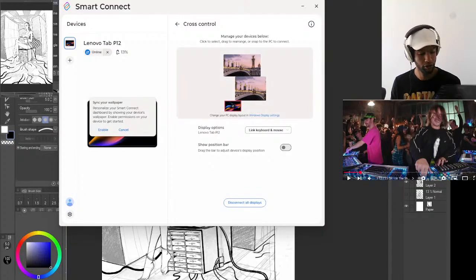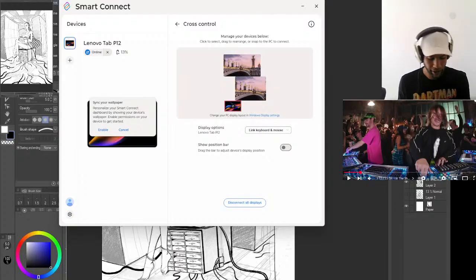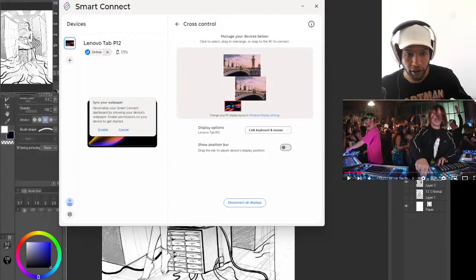There it goes. It's on my device. So now I can use all my keyboard shortcuts from my laptop's keyboard in Clip Studio on my tablet. So it kind of transforms your tablet into more of a desktop experience or a studio experience.